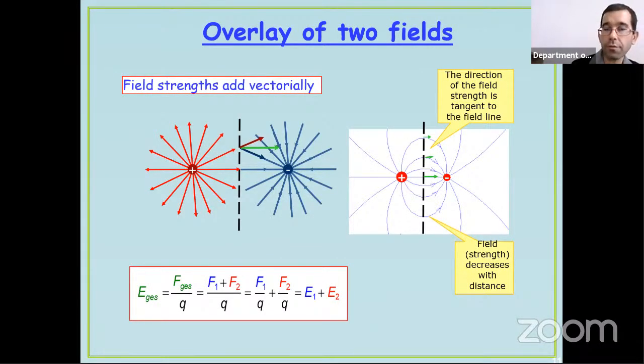If we have two electrostatic fields, then they can be added in a similar way, vectorially, as the electrostatic forces. Maybe I have not mentioned that the electric field is also a vectorial quantity, so it has not only a magnitude but also direction. It's simple to understand because it's the force, a vectorial quantity, divided by a constant, the charge of the probe charge. So that's why the electrostatic field needs to remain a vector quantity.